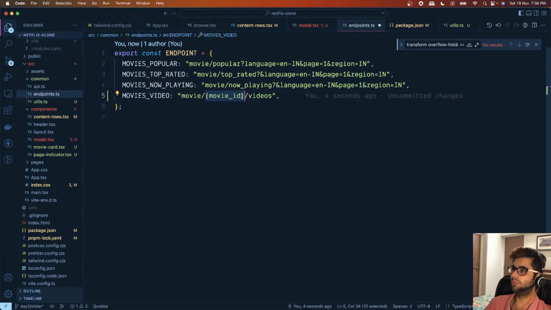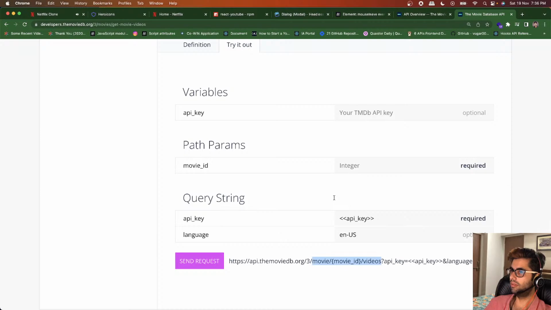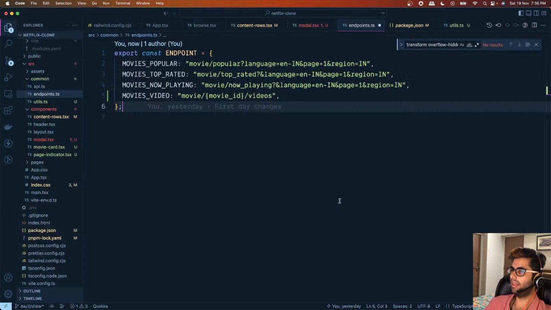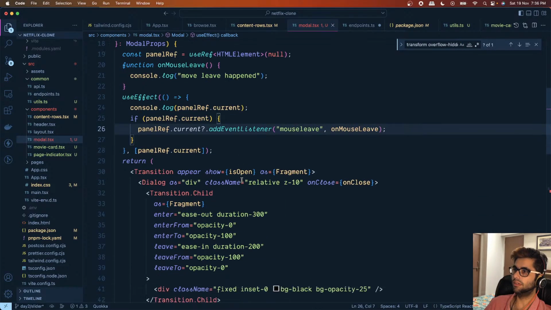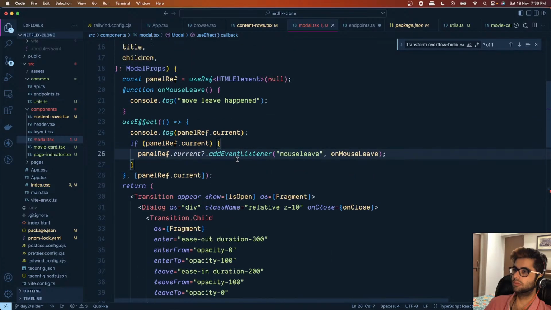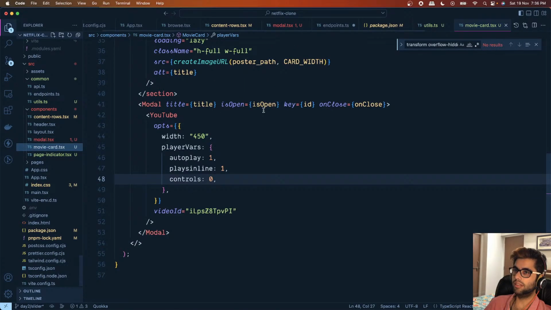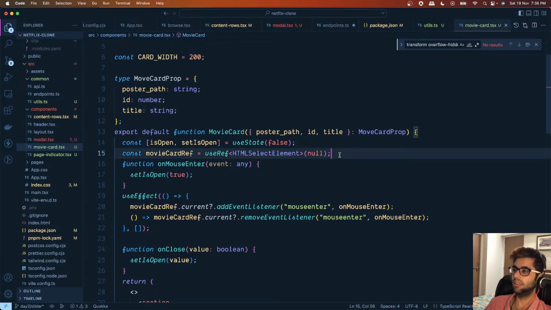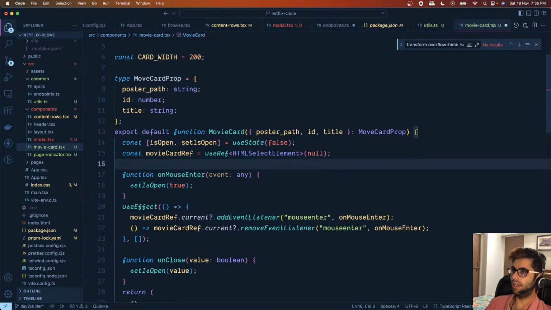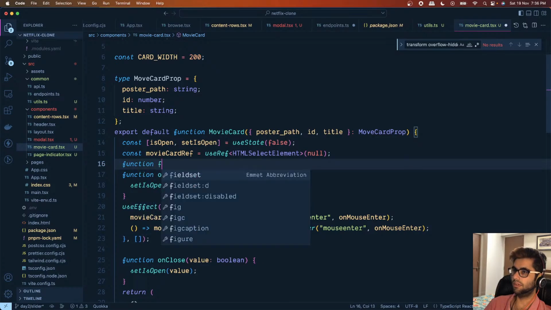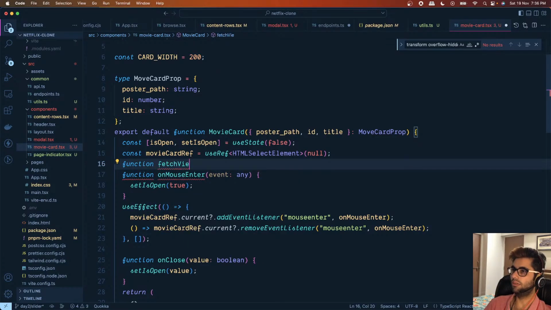So this is going to need the movie ID, and this is expecting a language as well, but we leave the language out. And let's make a call over here that when the mouse enters, at that point of time, based on the ID, we get the information. So we will say function fetch video info,